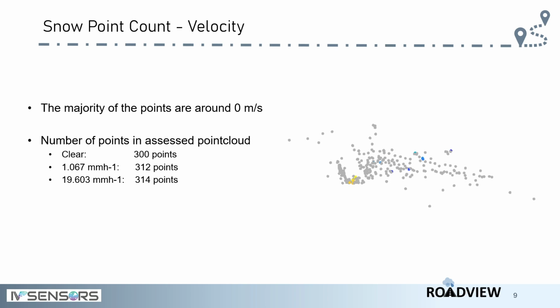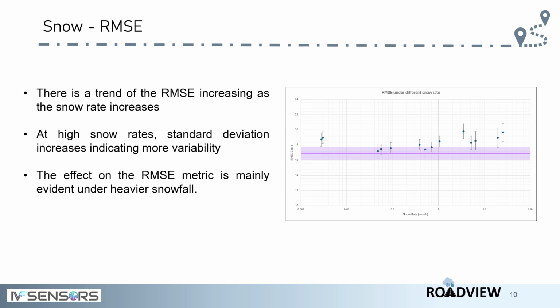But again, some of the points are focused right in front of the sensor, but not all the extra points of the small RCS are picked out by the speed. So not all captured snow was recorded as having speed. Now, when we go back to the metrics and use the comparison with the metrics, we can see